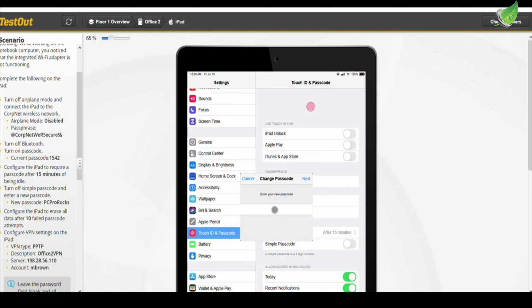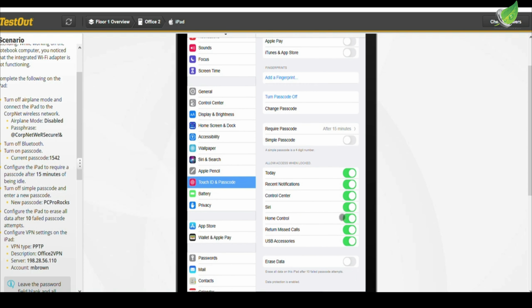We input it again, 1542. Okay, input the new passcode. We re-enter it again. You can copy this and paste to make this faster. And go ahead and enable